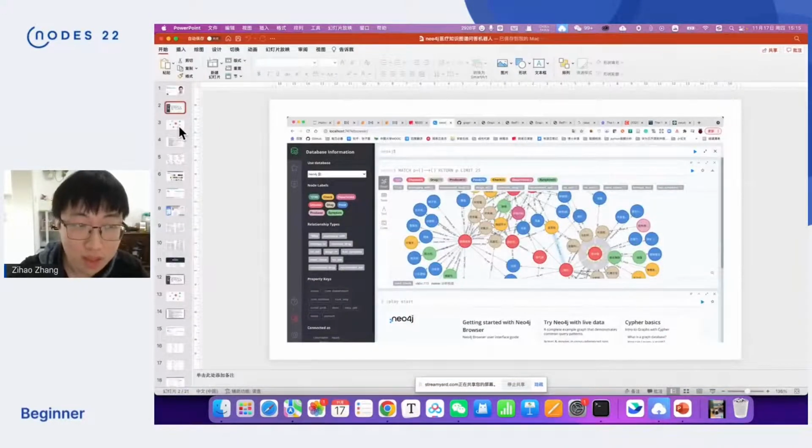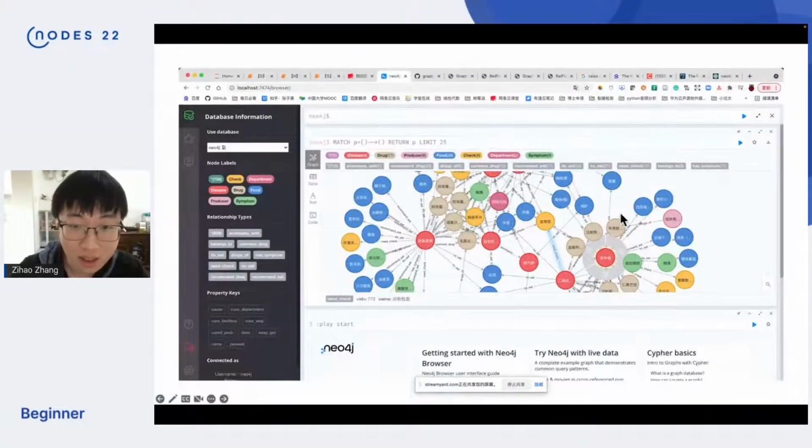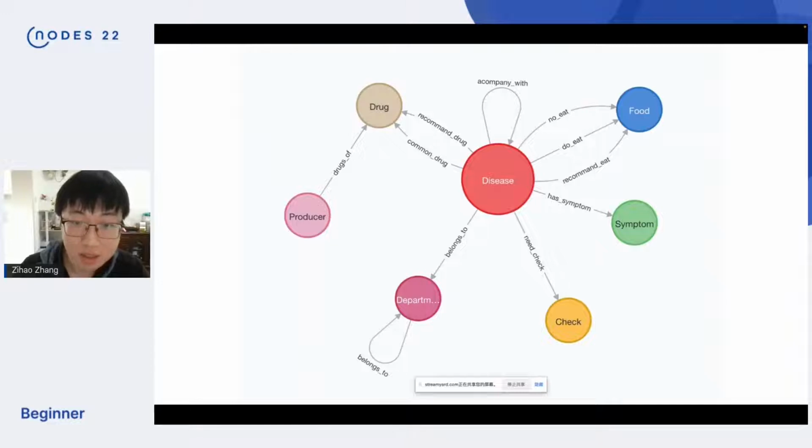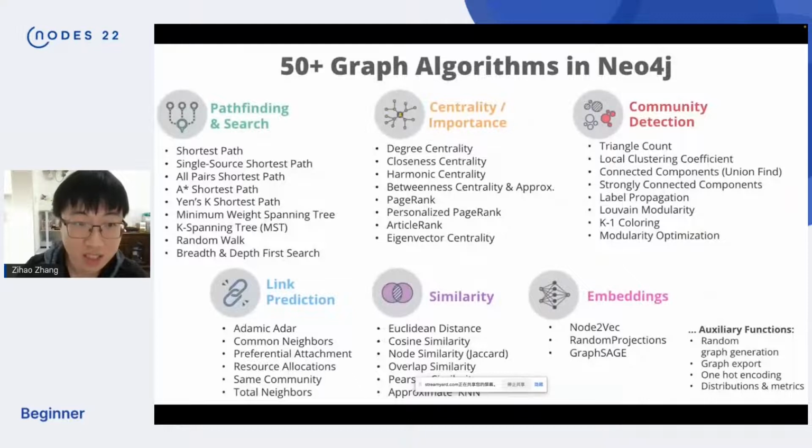And I also make lots of applications and projects using Neo4j. For example, this is a medical question answering application. You can enter your question, and the graph database will give you its answer. This is nodes and attributes. Also relations. Using GDSP, Graph Data Science Playground, you can do lots of data mining about graphs.